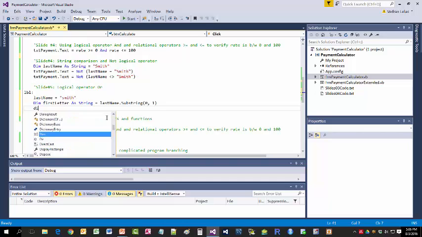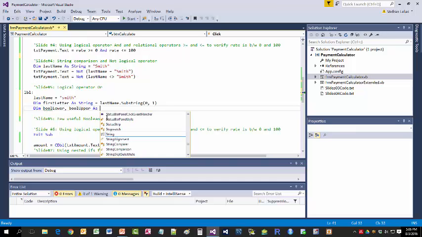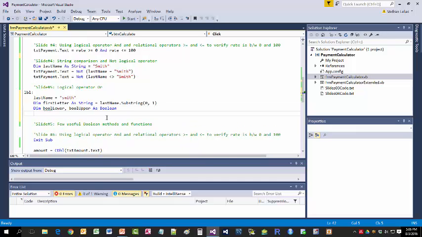Then we declare two Boolean variables, boolLower, boolUpper As Boolean, and assign boolLower to the following test: firstLetter equal to lowercase s,